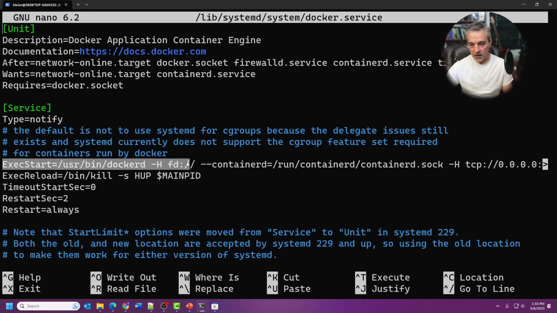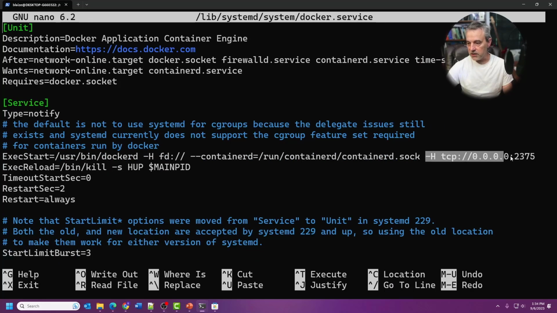And then it's got -h. And -h is just a flag for telling Docker where you want to expose this to. It's saying -host, really. By default, it's using just a Unix socket, but we're going to add a TCP socket to the end of this. So we're going to use -h, and then we're going to do